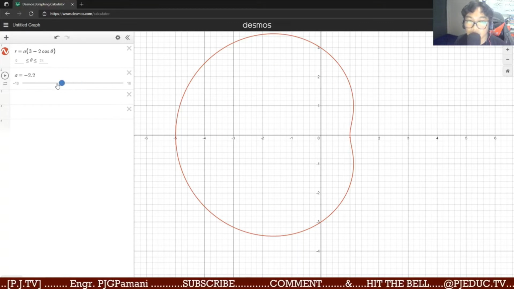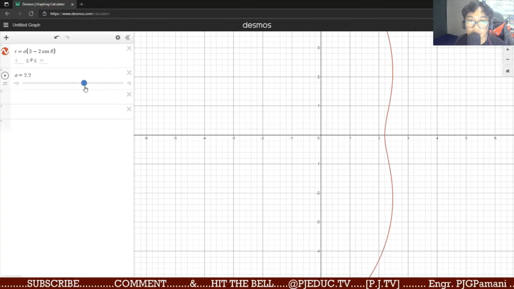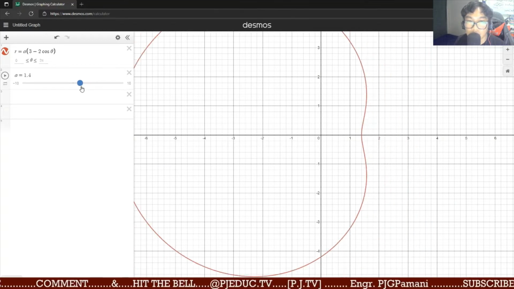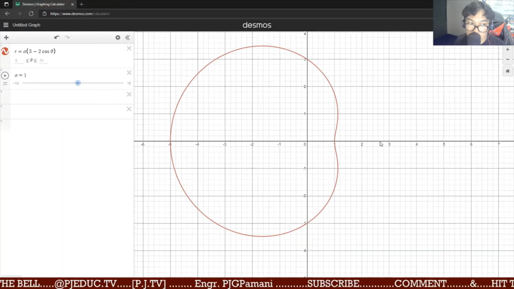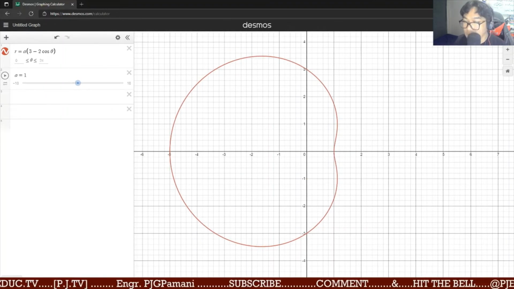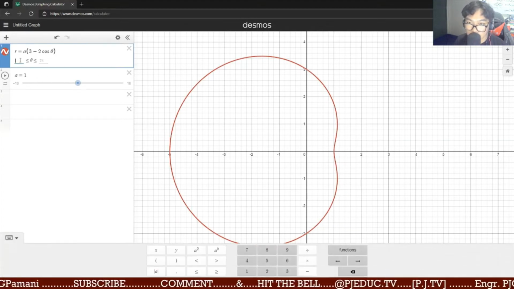And, pwede nyo ring scale yan. Either way. If A is equal to 1, constant naman yung A natin. So, let's just assume that A is equal to 1. Such as in 30 degree, and 0 degree, A is equal